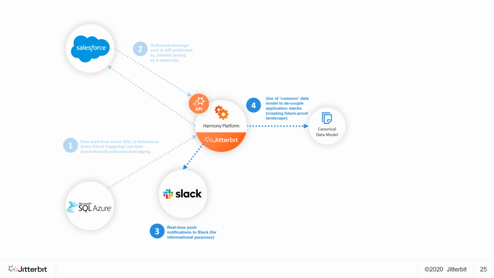Then we're mapping onto the canonical model I spoke about earlier, which is decoupling you away from the Salesforce schema at the back end and mapping you onto a common model, something that would be specific to you and your company, so that the schemas and the data entities that you care about, things like accounts, contacts, orders, invoices, whatever the objects are, they're in terminology that you understand within your business processes.